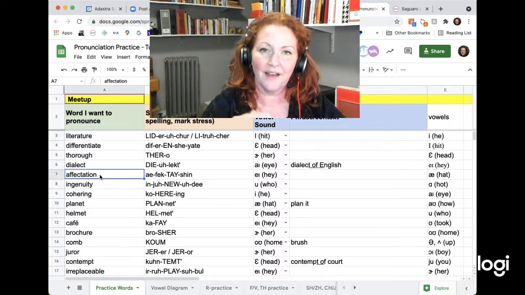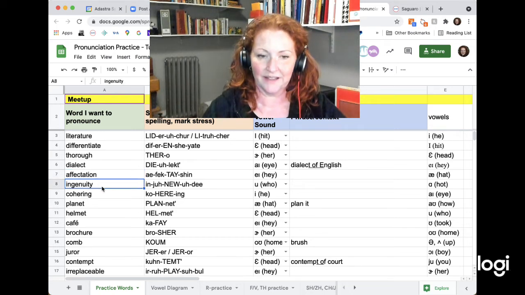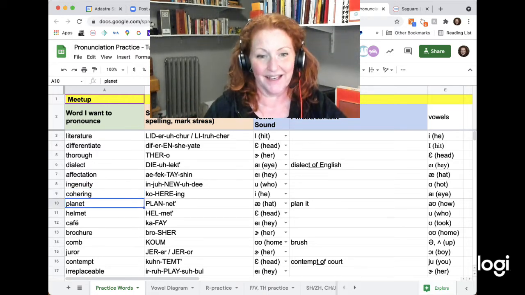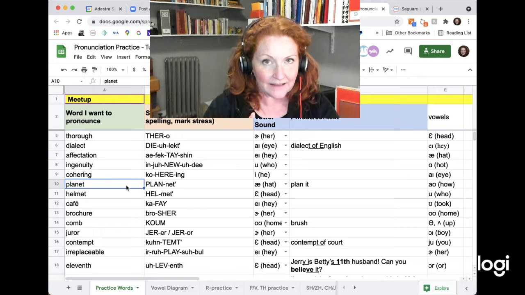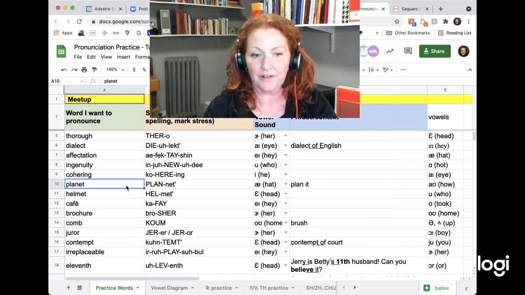Affectation, affectation. Ingenuity, ingenuity. Cohering, cohering. Planet. I would usually say plan it, which sounds just like let's plan it for Friday. But net or knit isn't a big deal because it's not stressed. It'll be very short. Planet,